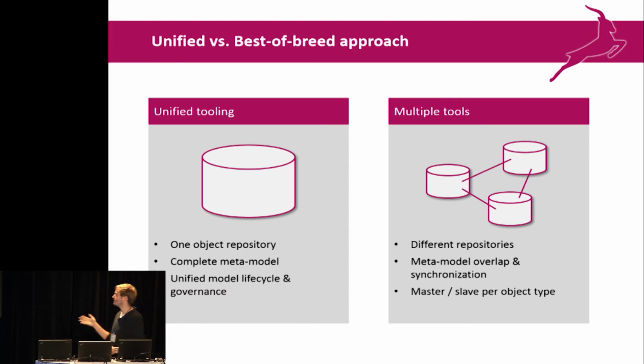On the one hand, I would have a unified repository with a pretty exhaustive meta model. The nice thing is I have a unified lifecycle for the knowledge in there, and unified governance. But to give you the short answer, Signavio is not going in that direction. We're just doing a couple of low-hanging fruits. For not so demanding use cases, we can provide an all-in-one thing. But for most cases, we go down a best-of-breed road,